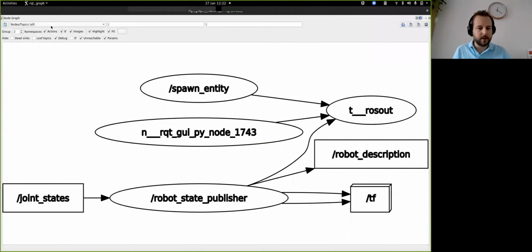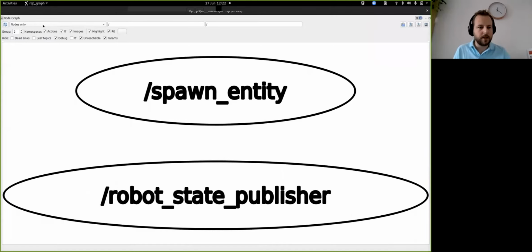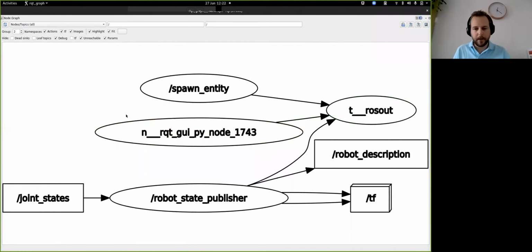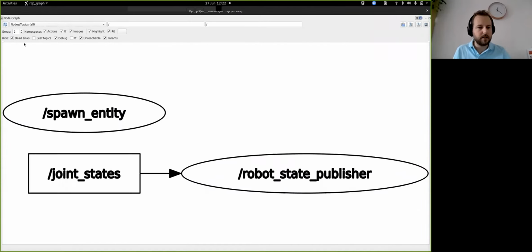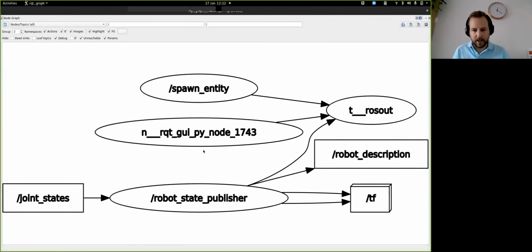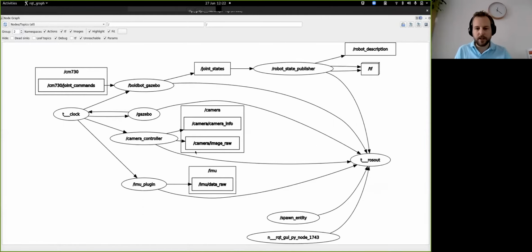By default, and because I've run this before, it's a little bit different. By default, it will say nodes only. If you're starting this, make sure to select nodes and topics all, so you can see all of them. And also by default, dead sinks and leaf topics are hidden. Untick them so you can see everything. If you hide them, then topics that are not being used are hidden, which can be useful, but we want to see everything. So one thing we see here, let me refresh because I'm not sure I got everything here. Yeah. So if you see a very limited amount of nodes, hit the refresh button and then it will update